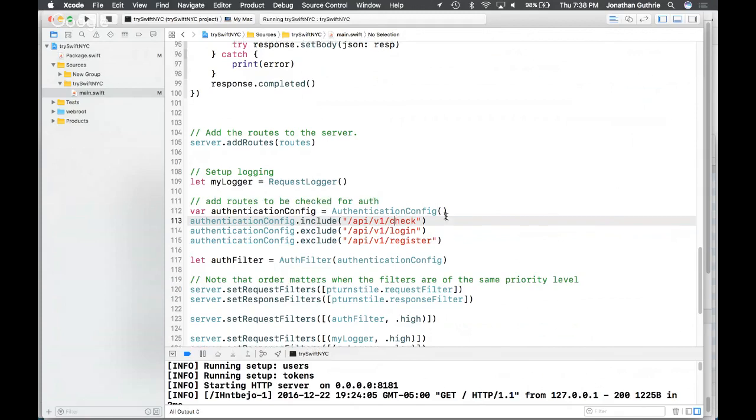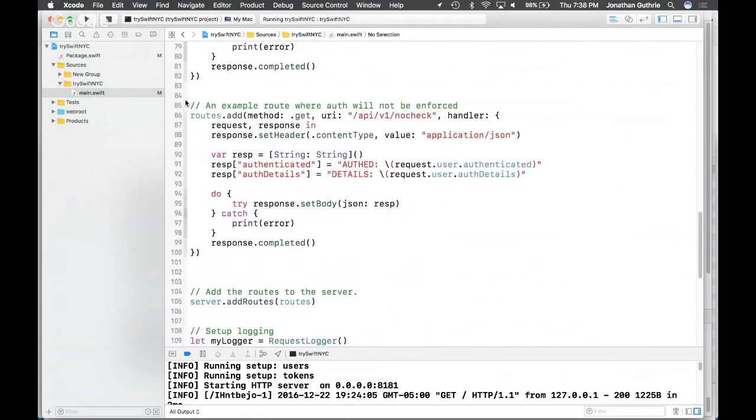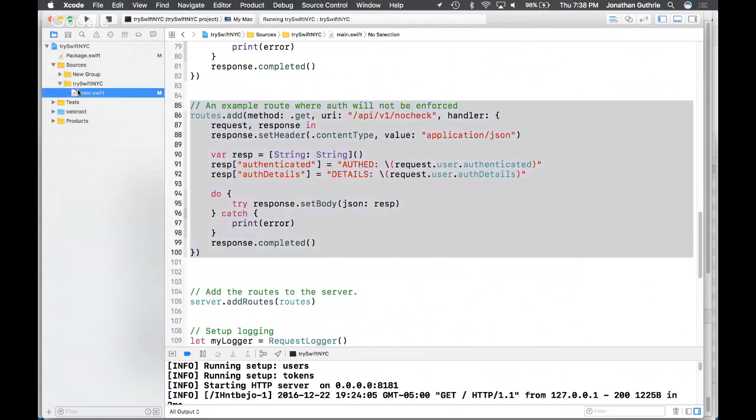So how do we add a route? Well, we could just add a route in the body of the request like this, in the body of the main.swift, and then have the handler embedded. Well, that's pretty lame. The reality is we want to split things out into files that make sense. First of all, let's design our object.